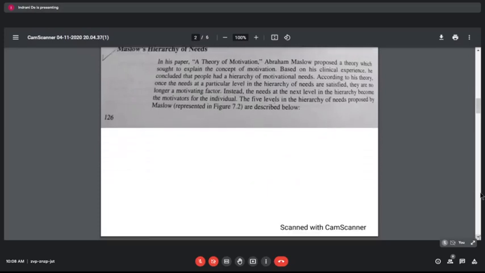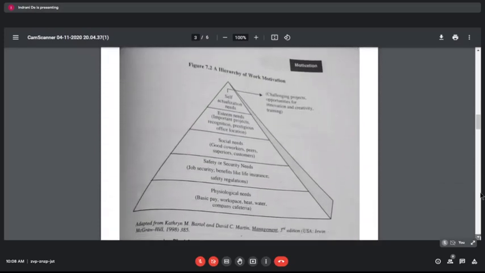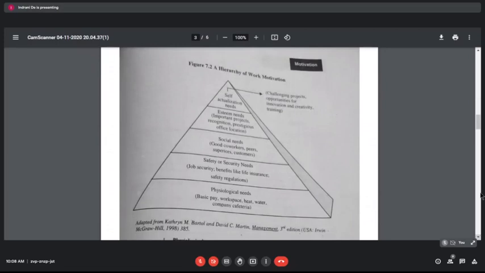So first of all, Maslow's hierarchy of needs. In this particular need hierarchy, at the base of this pyramid, we have the physiological need. In general, we can say that food is a basic requirement, and shelter is a basic requirement. But when we are talking about an organization, we need the basic payments, the place where we are working, the workspace that we need. So these are the basic requirements. Some basic payment is our basic requirement or physiological need.